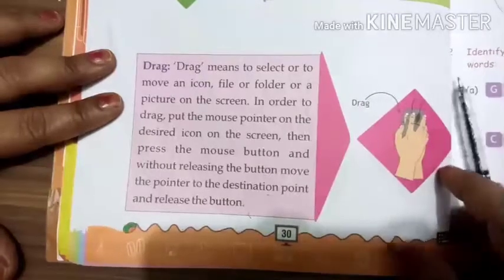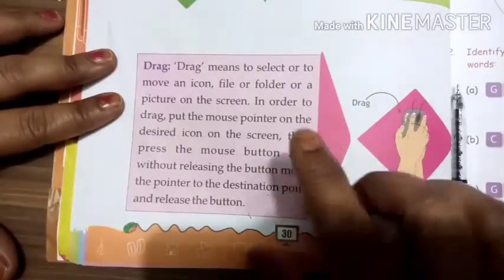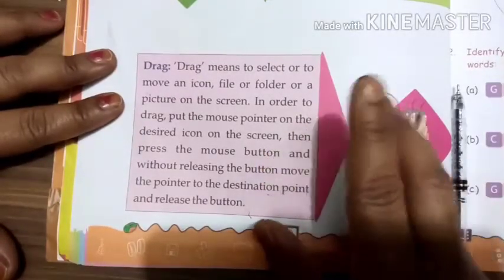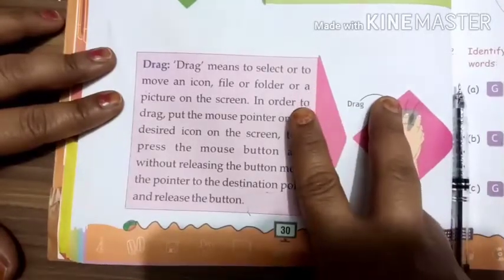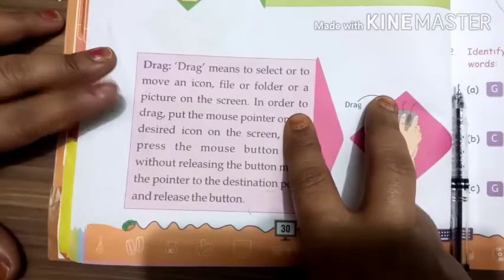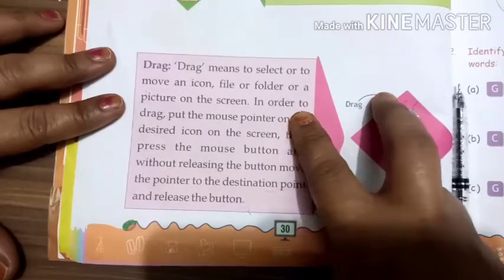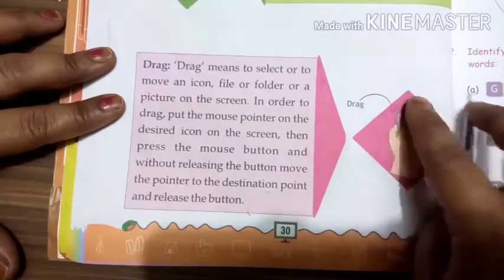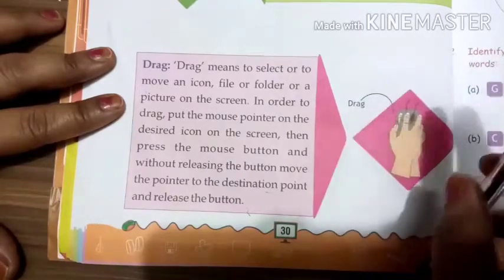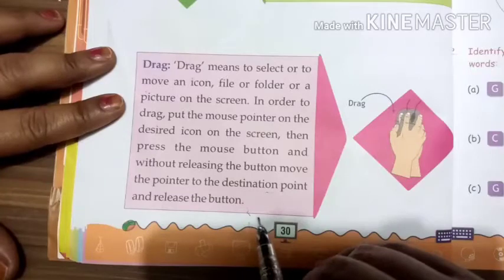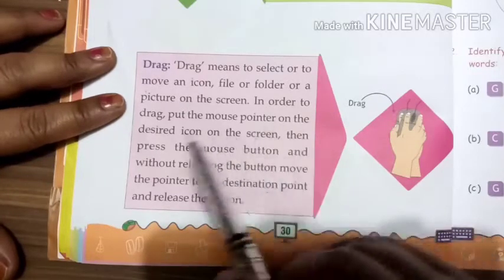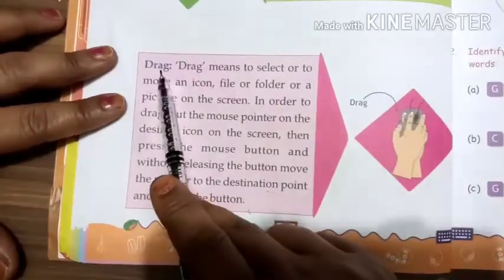What you have to do, you have to just place the mouse pointer on that particular icon, then you have to use this finger and press the left button, and without releasing it you have to just move the mouse. Your icon is also moving on the screen where you want. You can do it. That work is called drag.